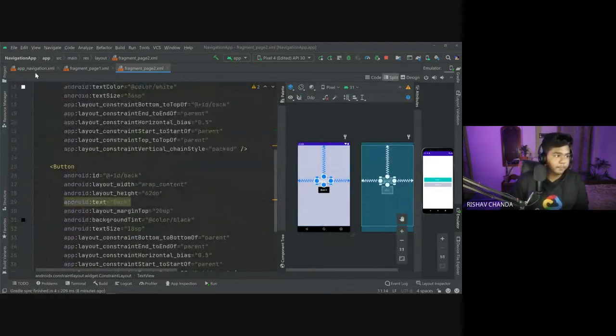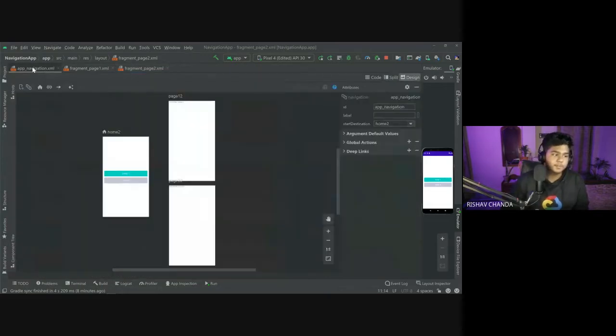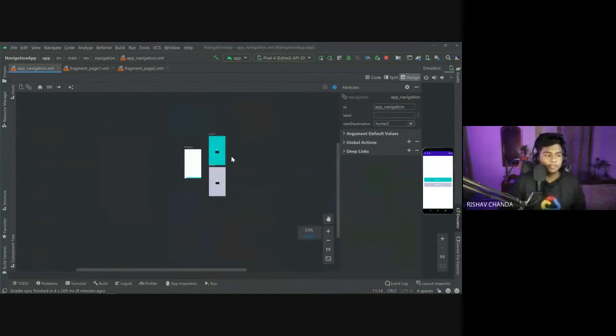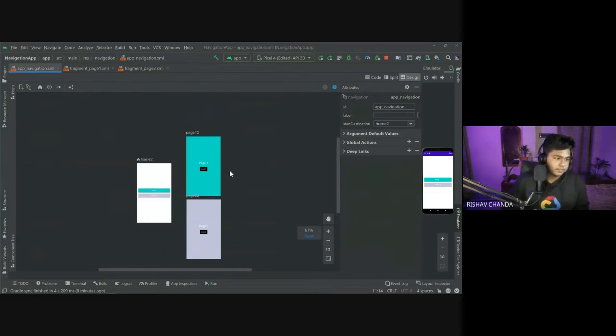So now we have created these 2 fragments, right? So now if you come to this one, you would see automatically the thing changes out, like what you did in the fragments, it automatically shows up here. Okay, so for page 1 we have this one back button, and page 2 we have this one. Now the most crucial and important thing here is to add the navigation graph.